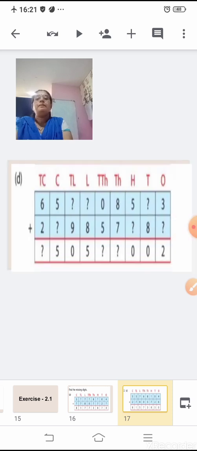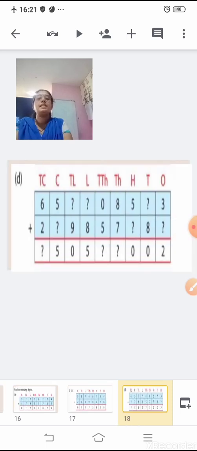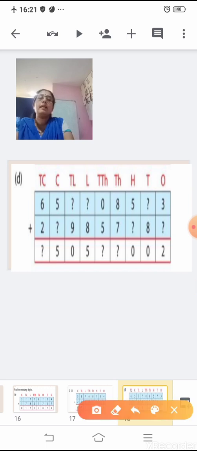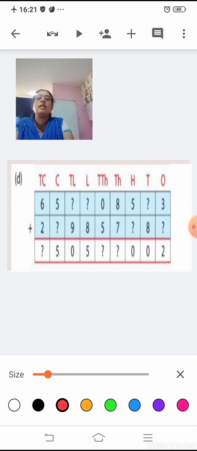Yes, coming to one more sum. In the same way, you have to find the missing digits. Now again, in the ones column, 2 is smaller than 3. If you do it very carefully, you'll be easily able to find the missing digits. Now when I write 2 here, that means if I add any number to 3, it will be obviously more than 2. So what should be the number to be written so that I get a 2-digit number? It should be the number 9, correct? So 9 plus 3 will give me 12, where 1 I'll carry to the tens place.